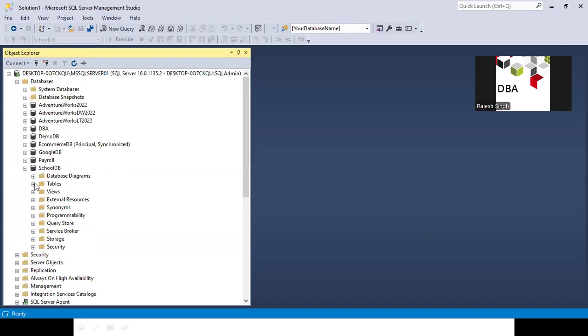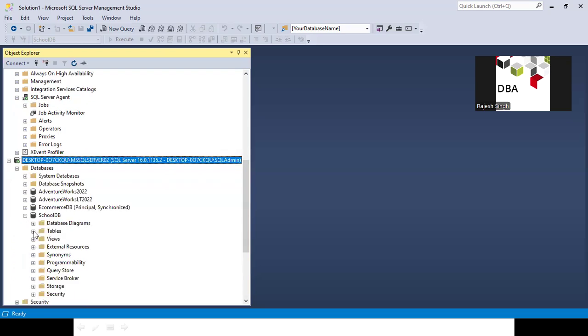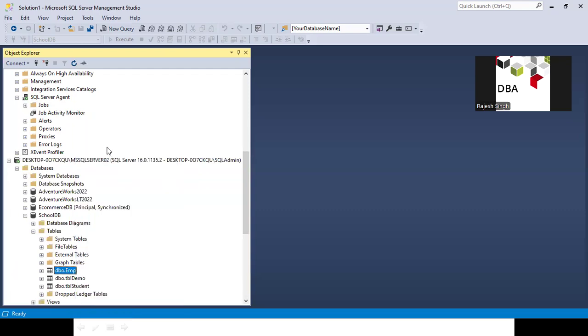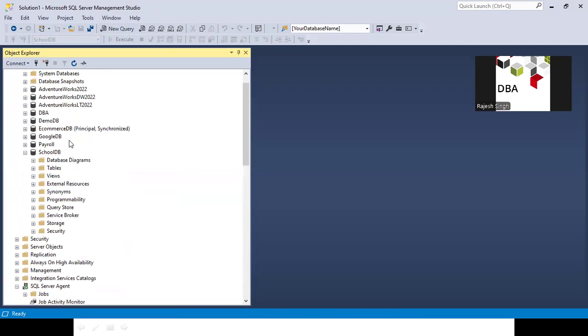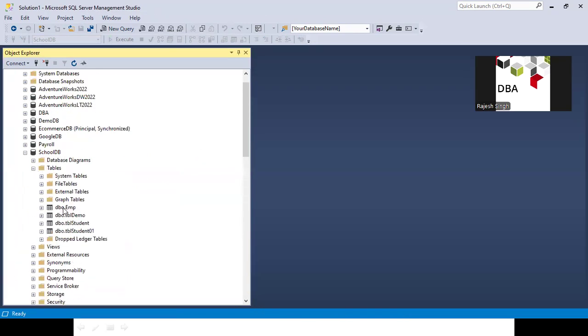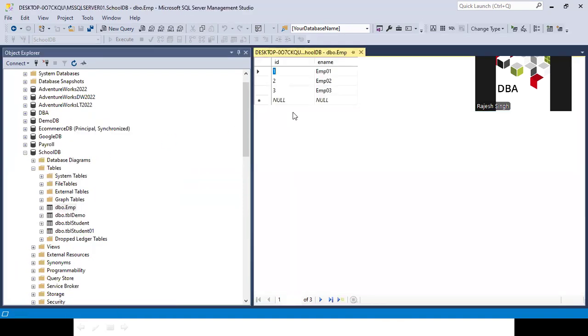Next, let's check. The data is already replicated. So how can we create an issue here? You can see everything is there. Okay, 3 records. Whatever data we push into the table, it is part of replication, but this table is not part of your transactional replication, so that will not be published to the subscriber. So just exclude student 01. I'm going to edit a few records here, 4, and go with the insert of 4.